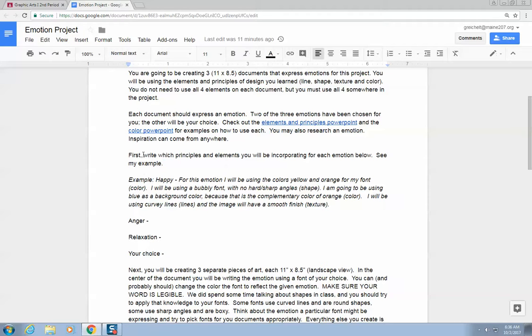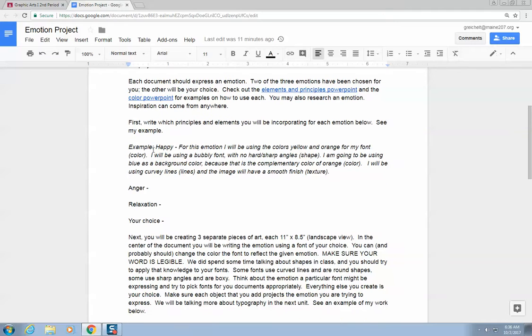So the first thing that you should do is to write which principles and elements you're going to be incorporating for each emotion below. See my example. So my example emotion is happy. The 2 that are given to you are anger and relaxation, and then you're going to have to choose one and create that. So my example for happy is, for this emotion, I'll be using the colors yellows and orange